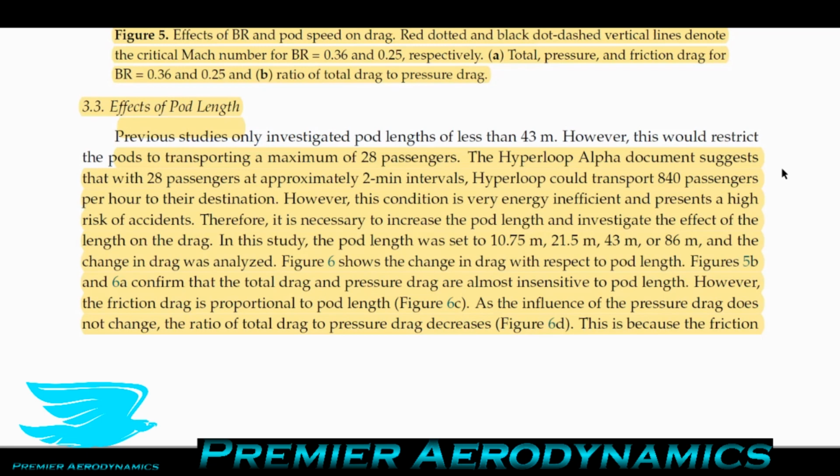In this study, the pod length was set from 10.75 meters all the way up to 86 meters, so double the 43 meters, which means that you could have, I guess, twice as many passengers or so. And the change in drag was analyzed. So figure 6 shows the change in drag with respect to the pod length. And figures 5b and 6a confirm that the total drag and pressure drag are almost insensitive to the pod length,